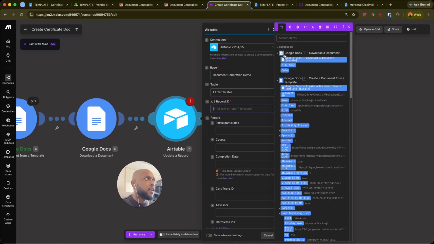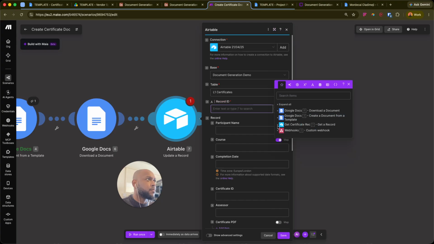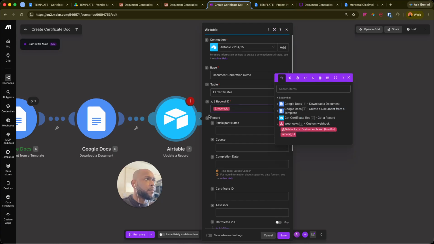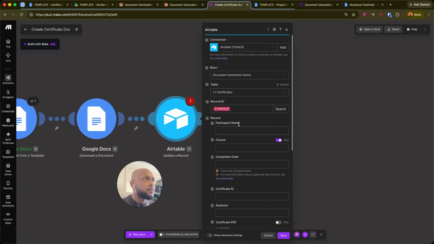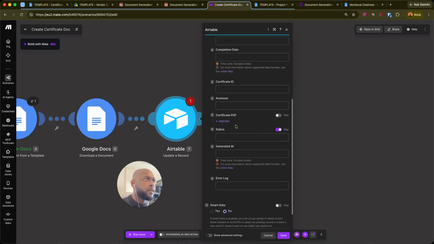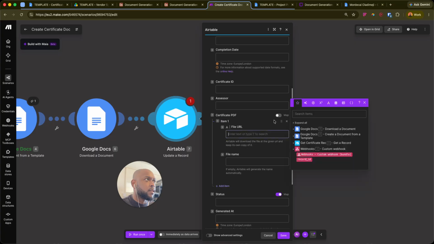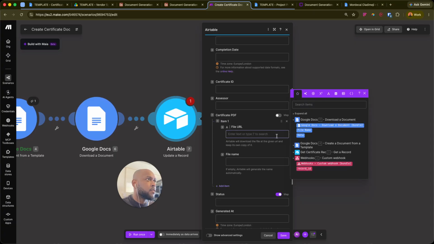This can be the record ID from our first module. It's the same one from the webhook. And the only thing we're updating is